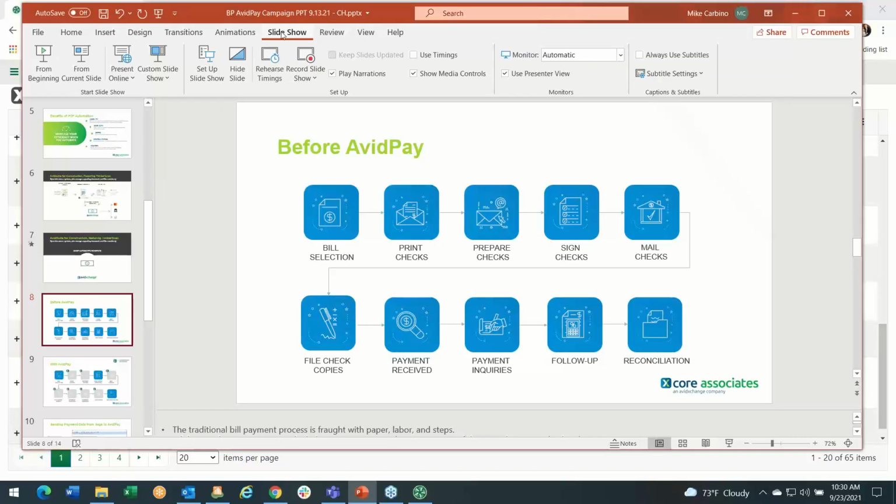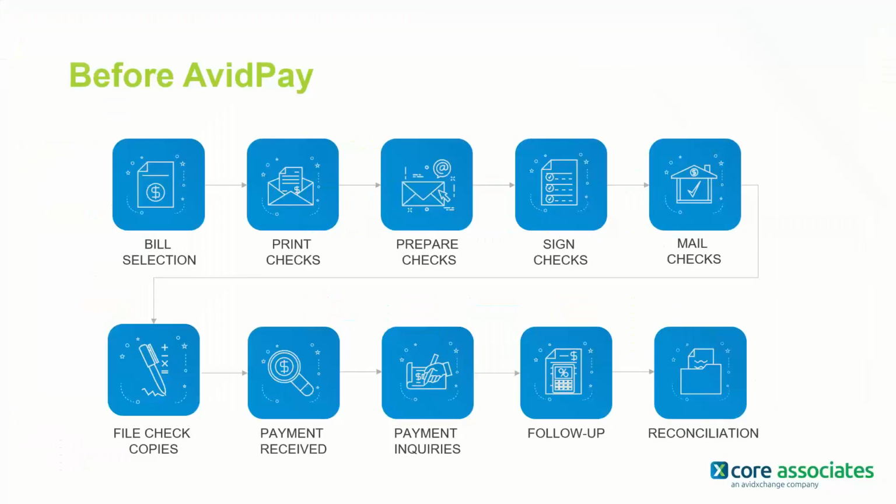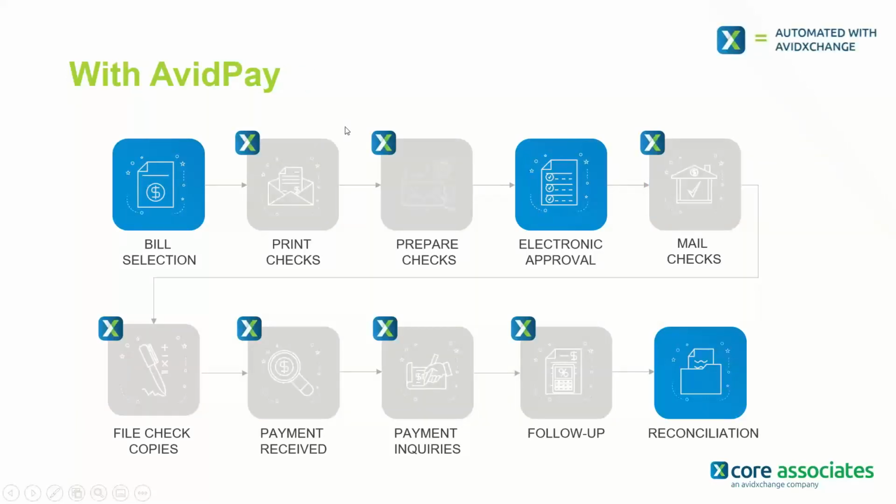And let's resume here from this slide. And I just want to bring this back up again. If you remember, when we were talking about the print check option and the manual payment process, we had these 10 steps that were involved. Once you implement the new program, you do the print to Avid function, you use TimberScan, you've dropped those 10